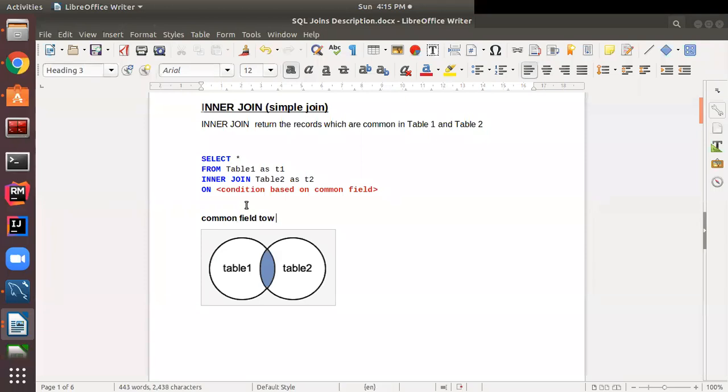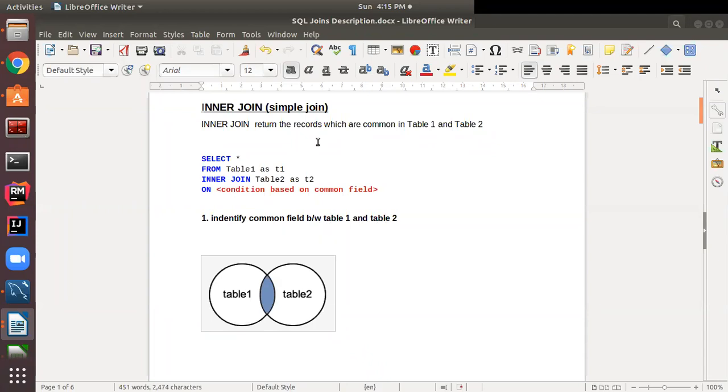The first step is to identify the common field between table 1 and table 2. So this is the first task whenever you want to apply a join.